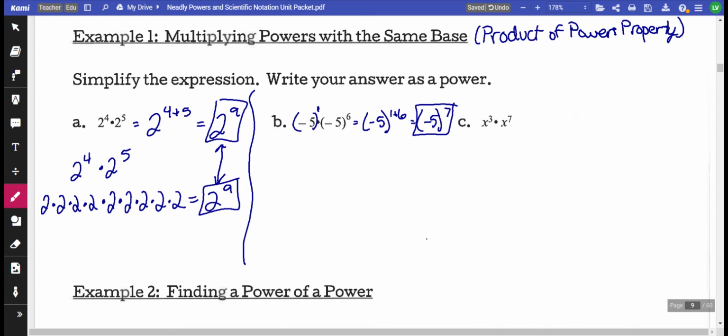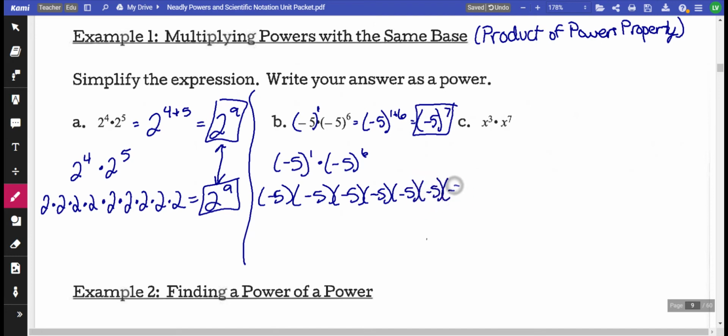But again, to show it longhand, -5 to the 1st power times -5 to the 6th power. I need 1 -5, and then I need 6 -5's. So 1, 2, 3, 4, 5, 6. Now I'm going to add up all of my -5's. 1, 2, 3, 4, 5, 6, 7. So it becomes -5 to the 7th power. Again, same answer, just less work when we use the product of powers property of keeping the base the same